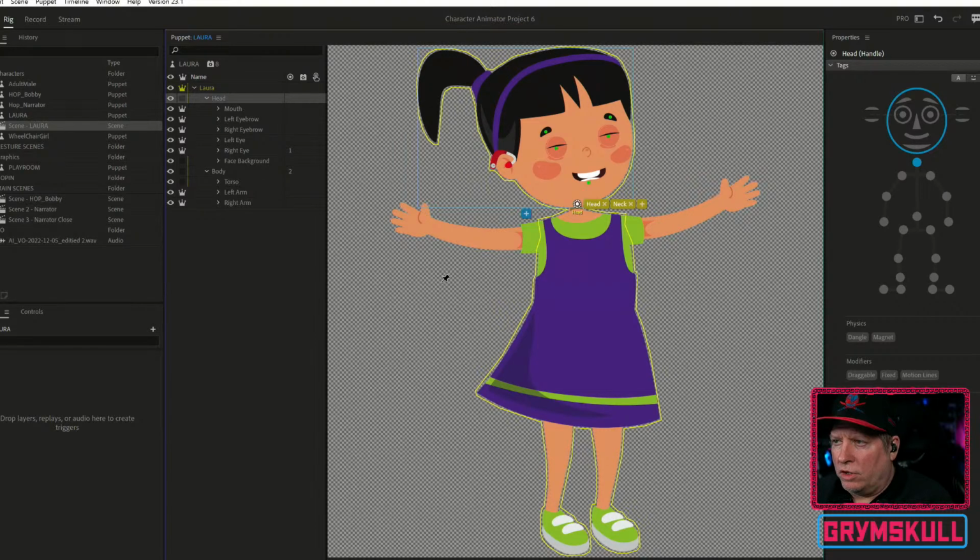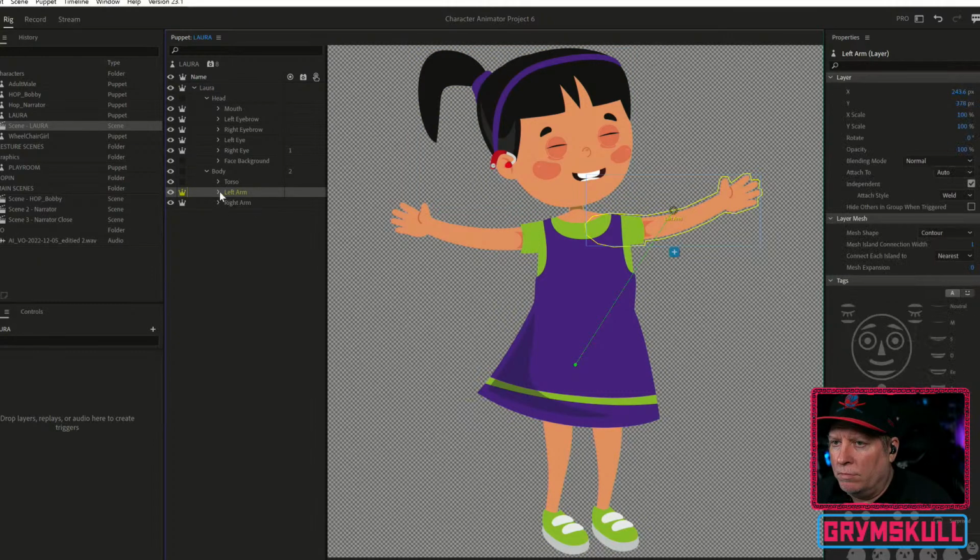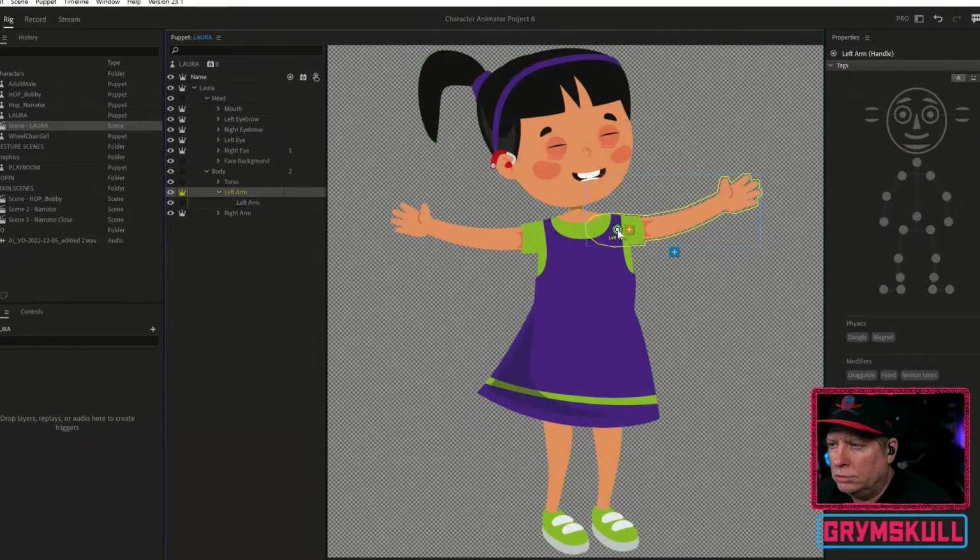All right, let's start with her hands. We're going to go with the left arm. Click on the left arm. We're going to move the origin point, which is right here, to about her shoulder. We're going to click on a dragger and put a dragger on her hand. That is the left hand, so we're going to tag that by selecting left wrist over here.